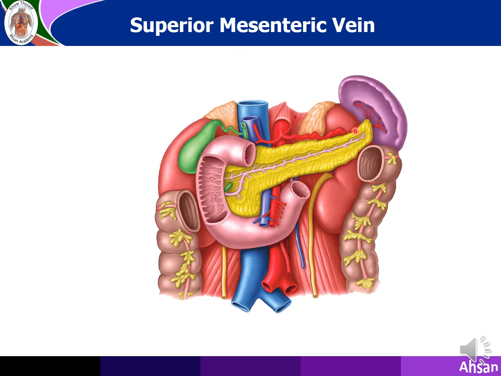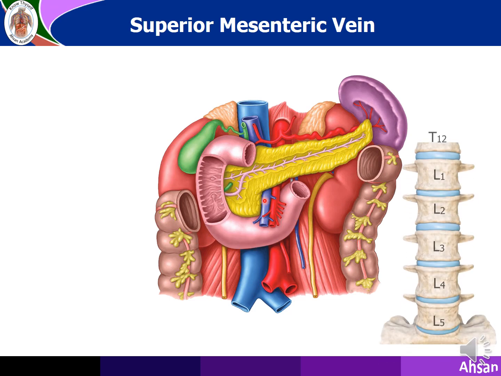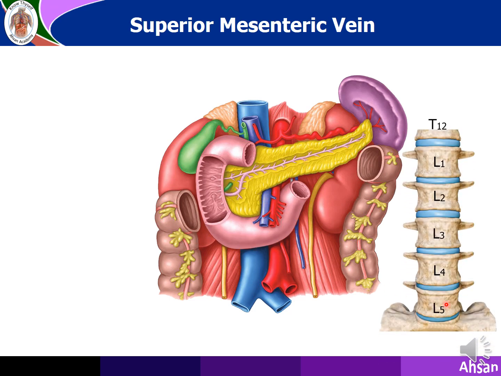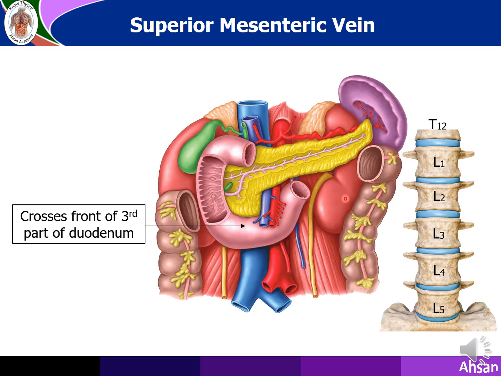You can see this is the pancreas. The splenic artery and vein are behind the pancreas, so you cannot see the splenic vein here. This is the superior mesenteric vein. So if we compare with lumbar position, this is the neck, and the duodenum is here up to this level, 1, 2, 3. The transpyloric plane here is at the level of lumbar 1. So you can compare the corresponding position.